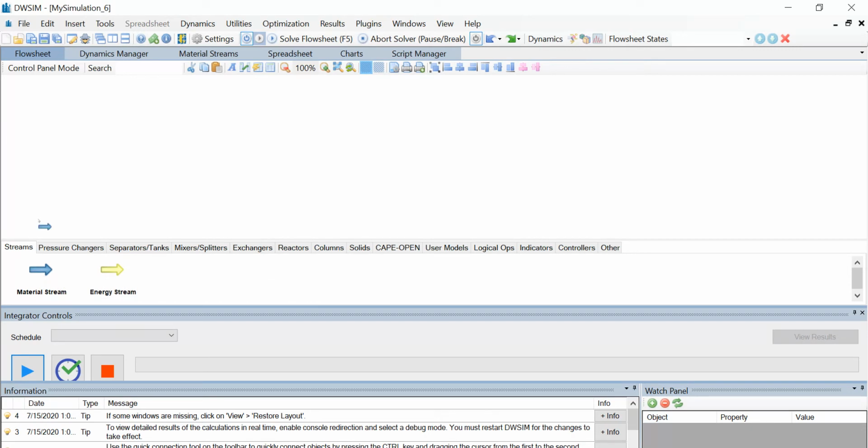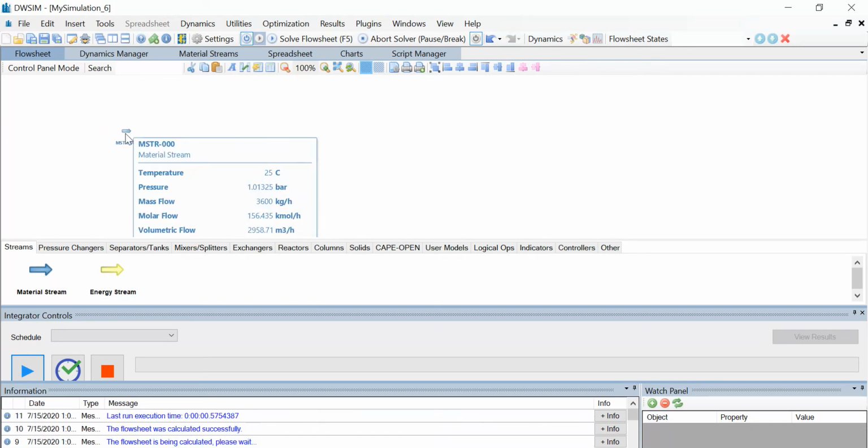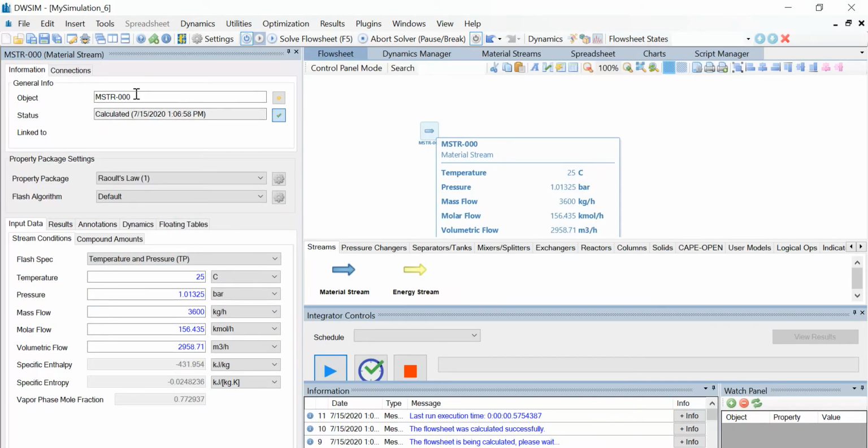Now let's introduce a material stream and change the name of this stream to Feed. Now change the flash algorithm to nested loops VLE, and under the stream conditions, select flash spec as temperature and pressure TP and change the temperature value to 225 degrees Celsius. The pressure is 1.01325 bar and the mass flow is 3600 kilogram per hour, so we need not make any